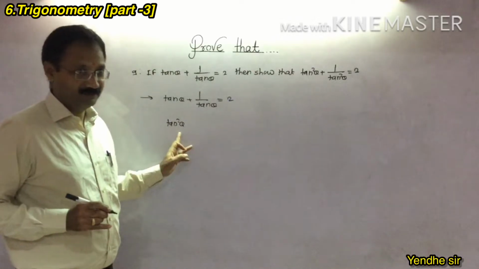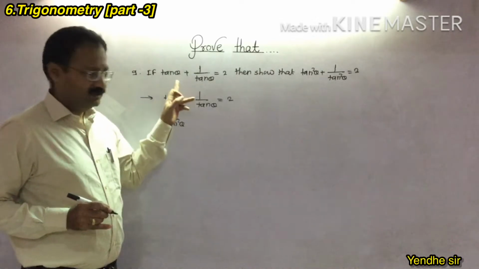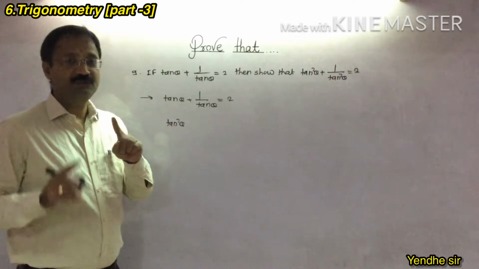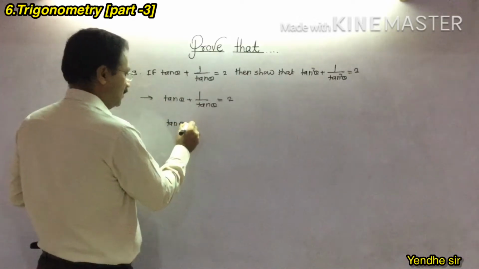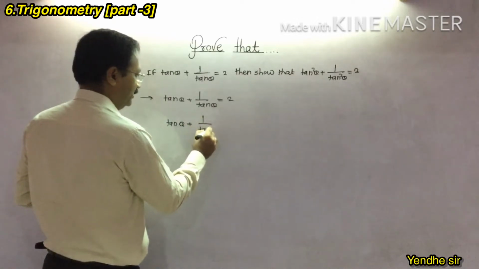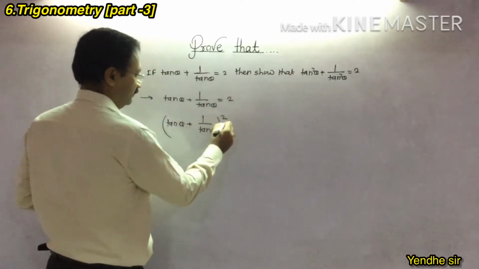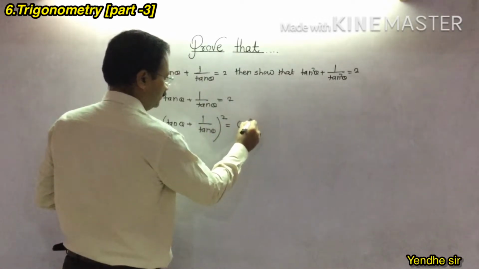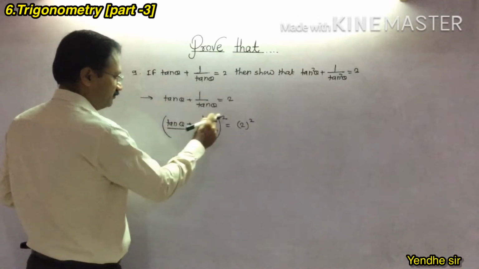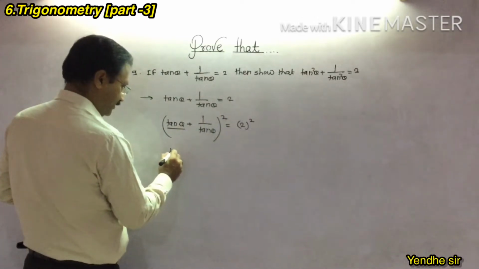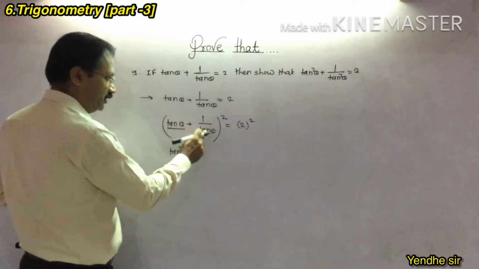And this is the wrong thing because here it is a plus sign in the middle of them. So you cannot square individually. So you have to make a bracket square. So it should be like this. Tan theta plus 1 upon tan theta bracket square. Why? Because there is a plus sign. And here it is 2 square. So we know the bracket square of this one. It means first square means tan square theta, plus 2 into first into second.